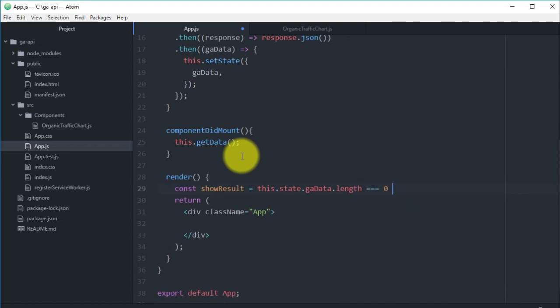Then we will show an h1 tag which will say loading. Okay, otherwise we will have a div,